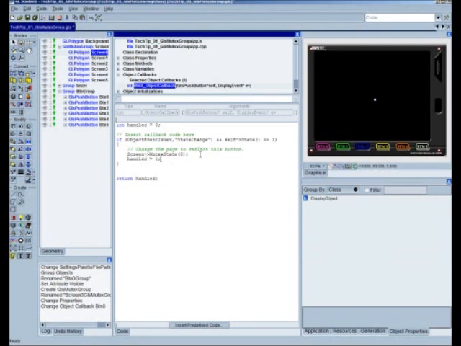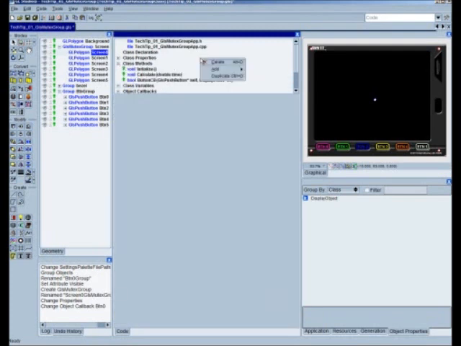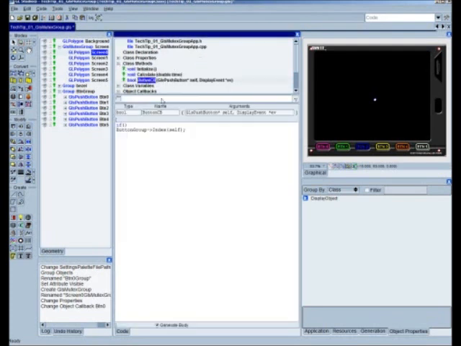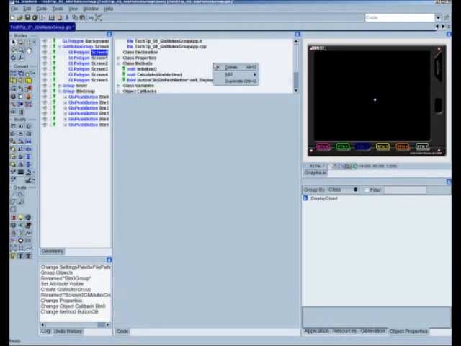and then we return handled. Now we could go through and do this for every single one of our buttons, but if you've noticed, this would be the exact same behavior for all 6 of our buttons, and the only thing that's really changing is the Mutex state. There's an easier way to do this. We'll do so by creating another class method. This class method is a button callback. We create it by right-clicking and going add method,